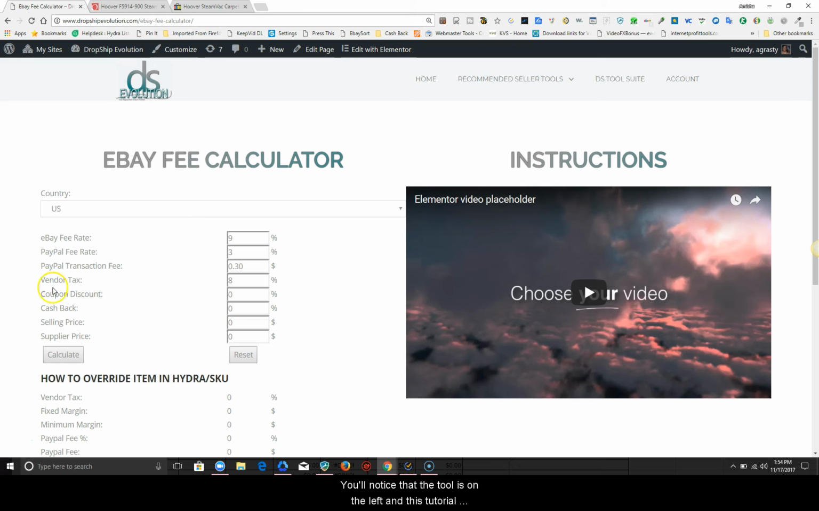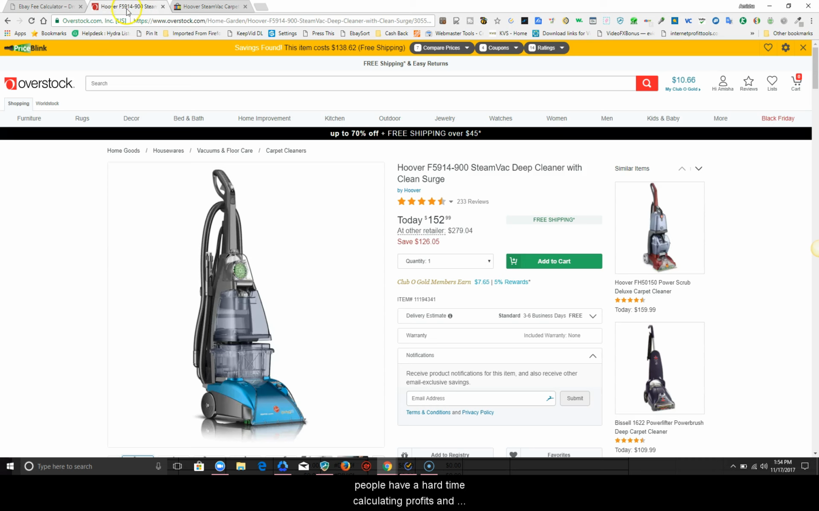You'll notice that the tool is on the left and this tutorial will be placed on the right side of the page for your easy reference. To demonstrate how to use this tool, we'll take a look at an item from Overstock, which is a store in which people have a hard time calculating profits and creating formulas for Hydra Lister and Sku Grid. This item is